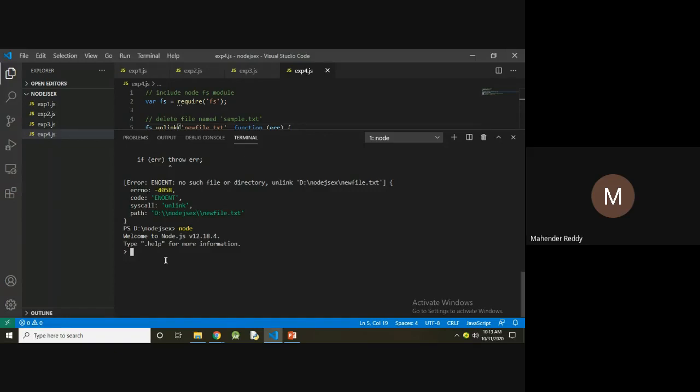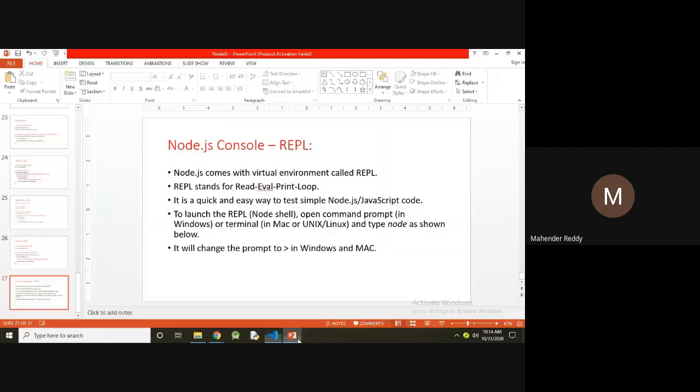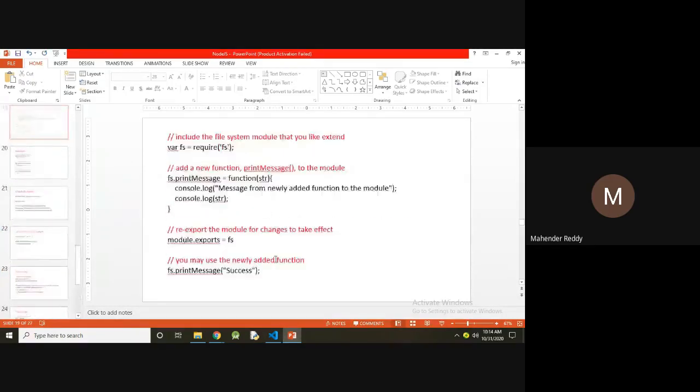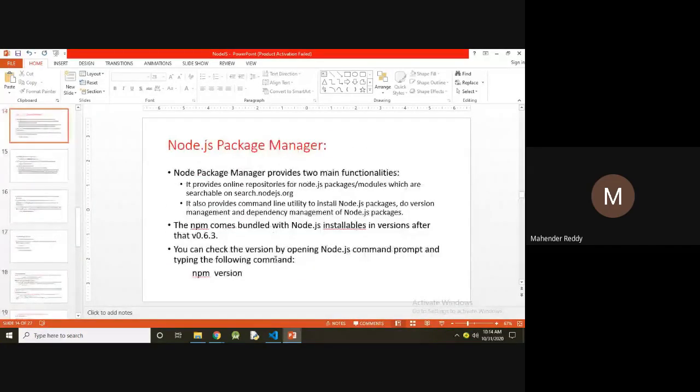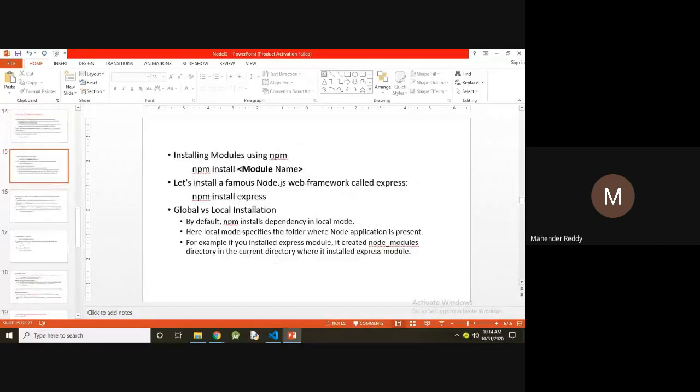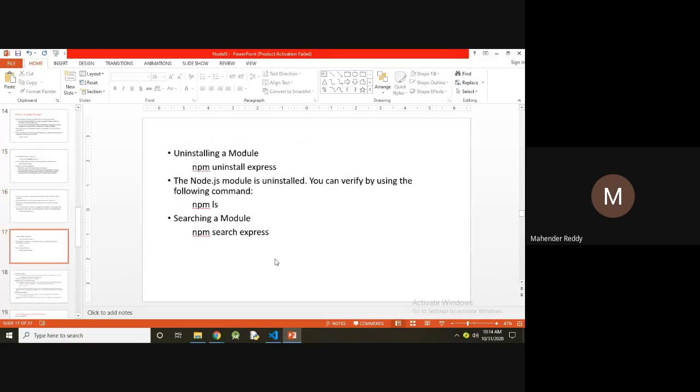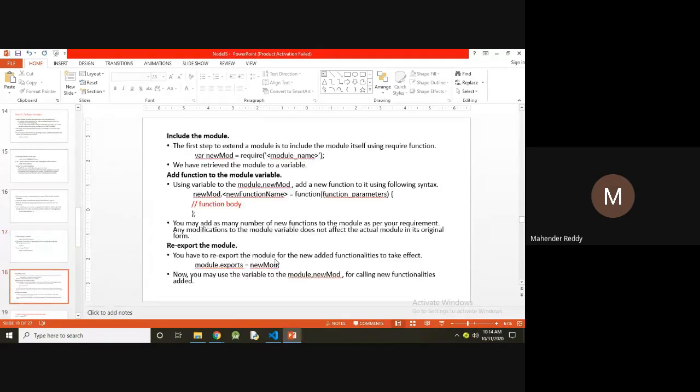There are some simple options, and I will explain those in the next class. Today's class we discussed only the npm module: what the npm module is, how to install a module with the help of npm, how to uninstall a module, how to search for a module, and how to create a simple module file in Node.js.